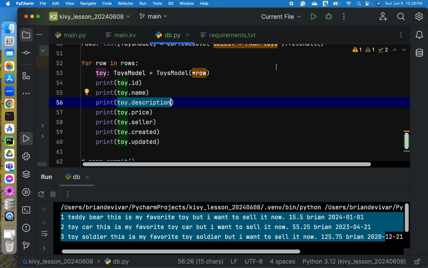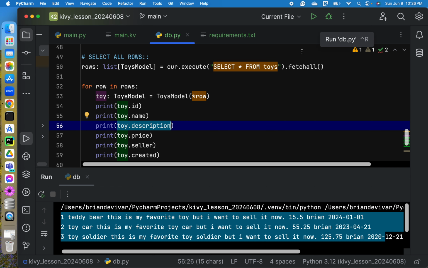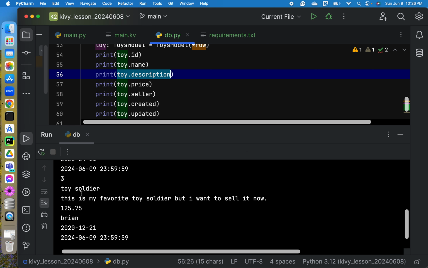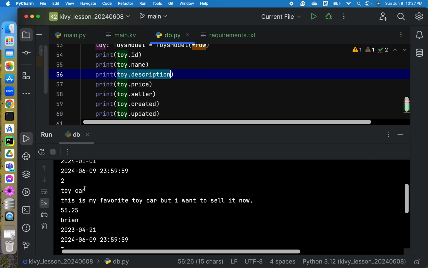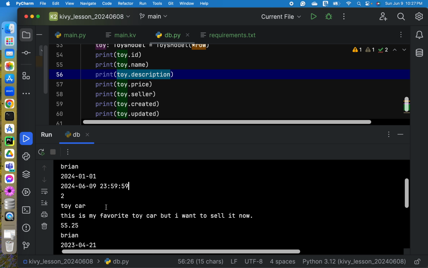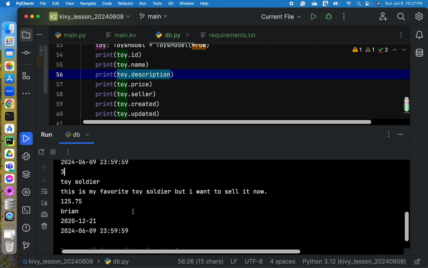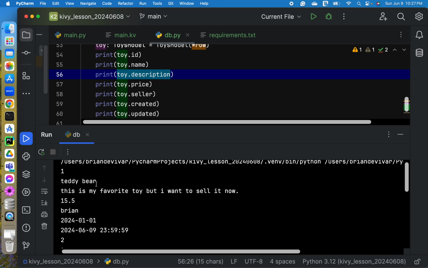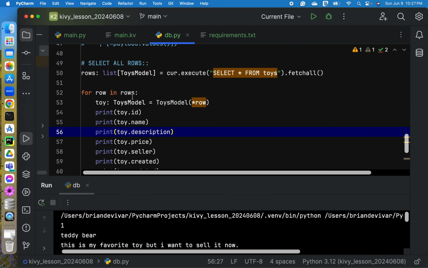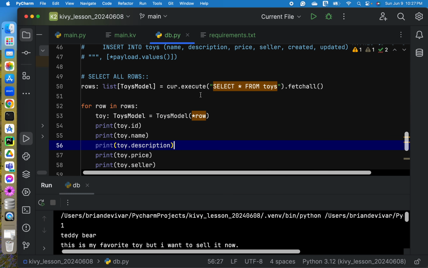And then let's run this again to see if it works. And it still works. Yep, still works. So we have the same result, but a much better implementation.